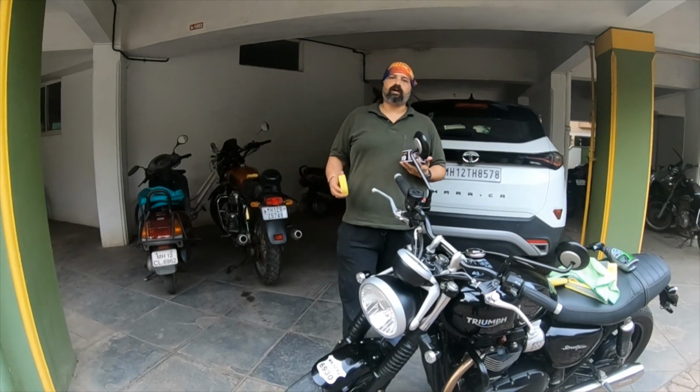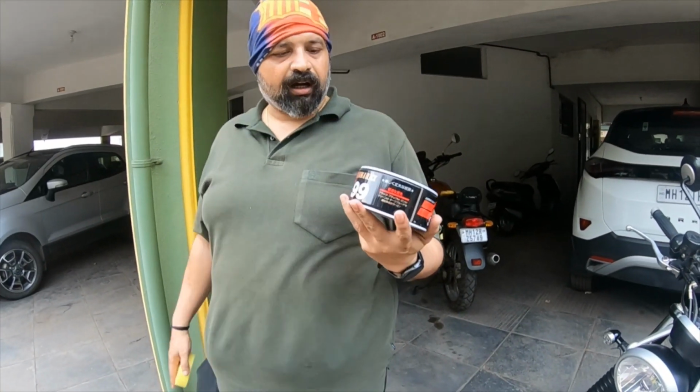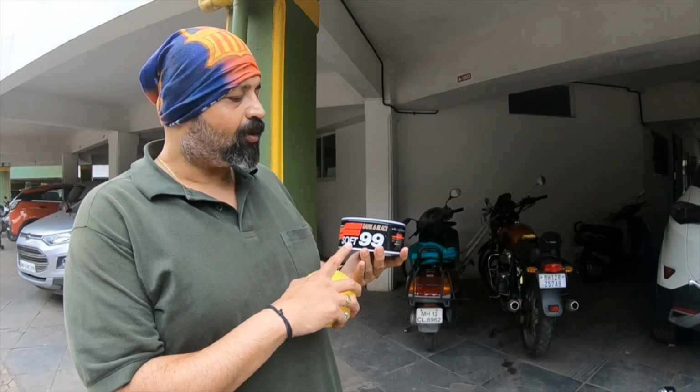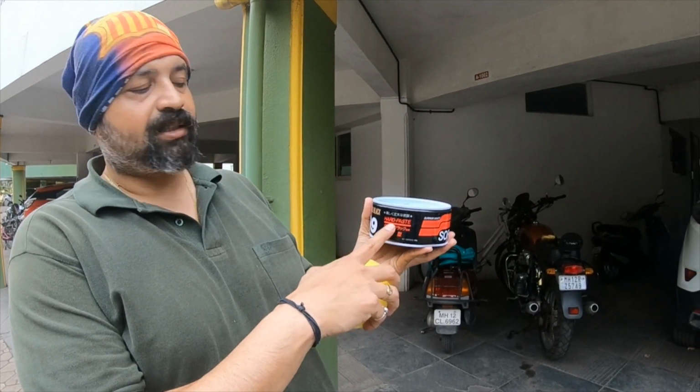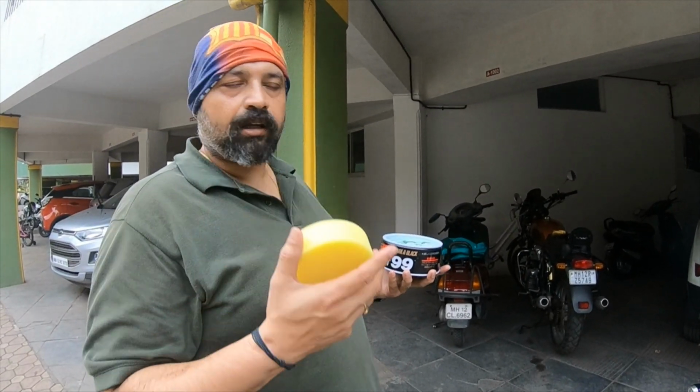Okay, so guys, one more product that I normally use in most of my vehicles. This is Soft99 polish. I think it's a Japanese brand, a hard paste-based polish. It comes in two variants: one is for dark and black colors, and the other is for white or lighter colors. The one for lighter colors is in a white box or a white